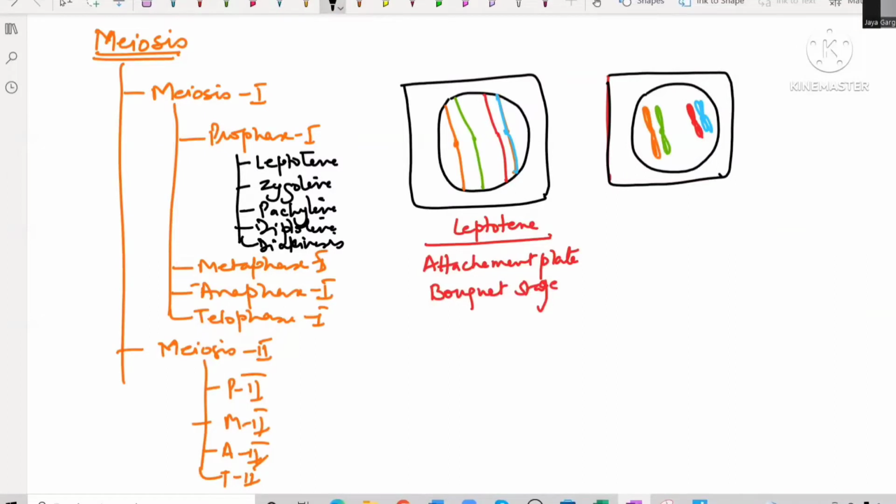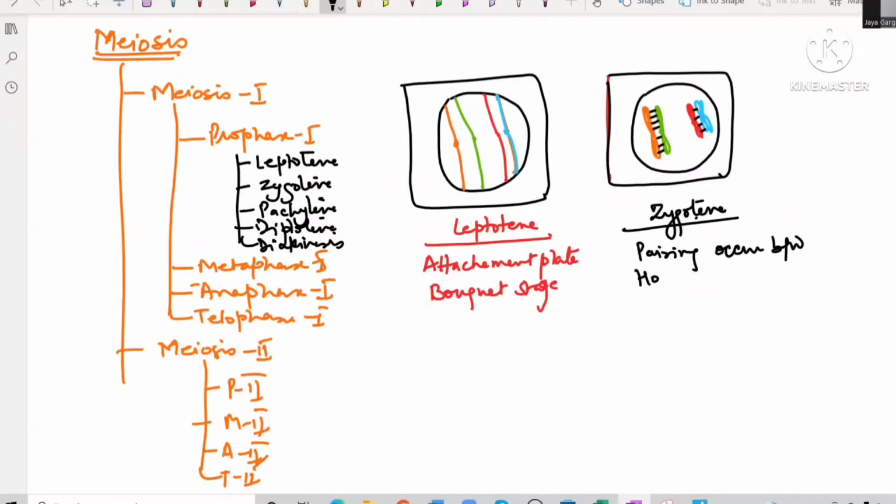Now here the pairing will start. To make the pair, you are getting a ladder-like structure in between them. This is known as synaptonemal complex. So zygotene stage is the one in which pairing will occur